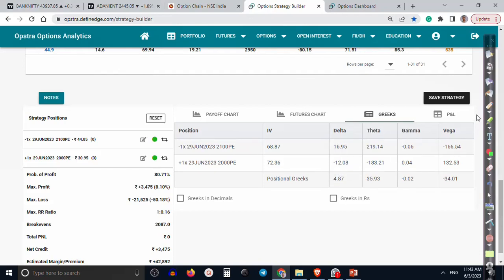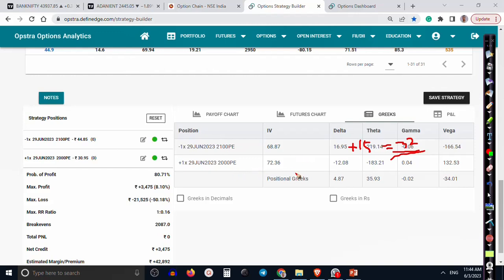So in that case, if delta increases by 15, that will be like 17 and 15, delta will be 32. Once the put sell delta becomes 32, and the put buy also increases,